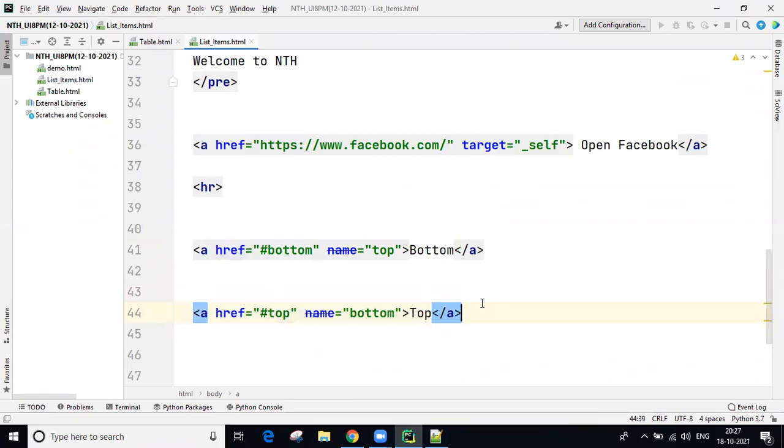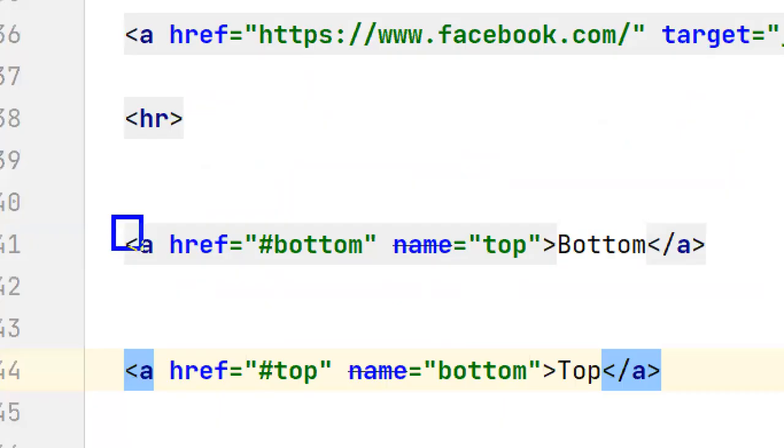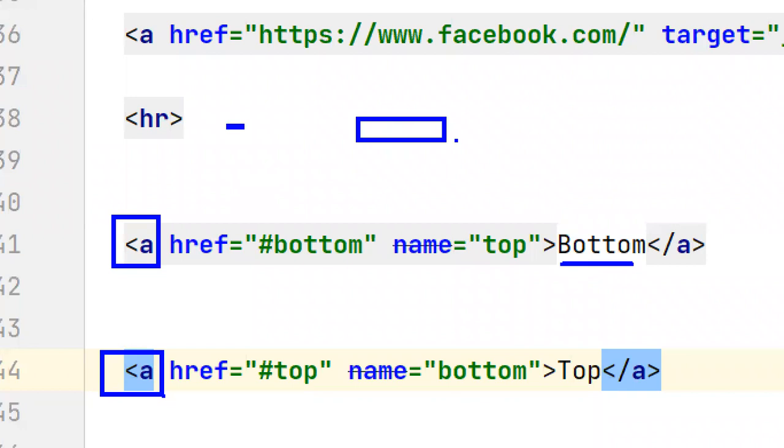Anchor element behavior, guys. Anchor tag or element, both are the same, remember. Anchor tag behavior is inline behavior. I will tell after these links what is inline and what is block level. Just an assumption right now. If it is inline, then right now the content there is bottom, displayed as is, so the remaining space can be used for another tag.